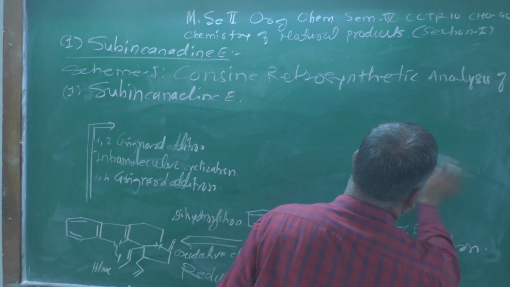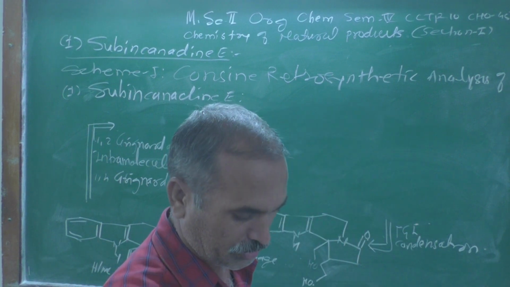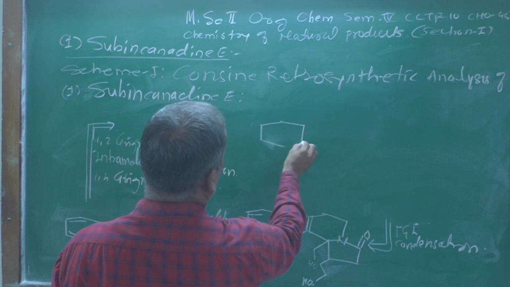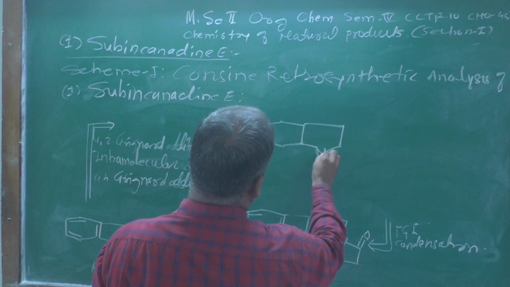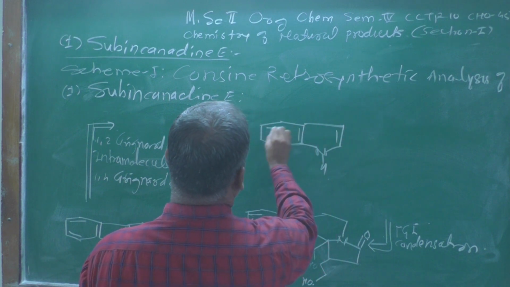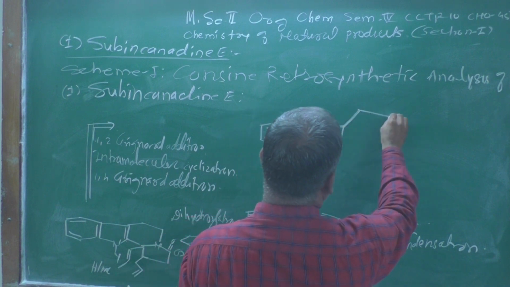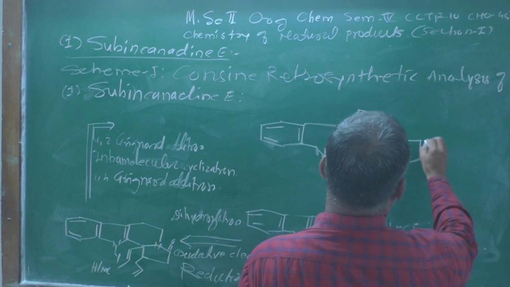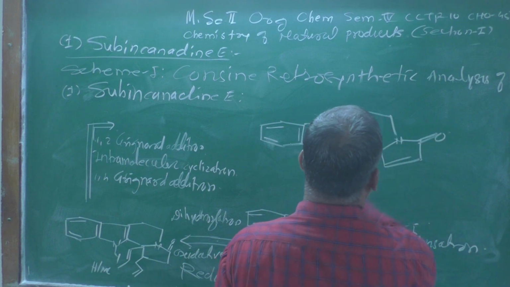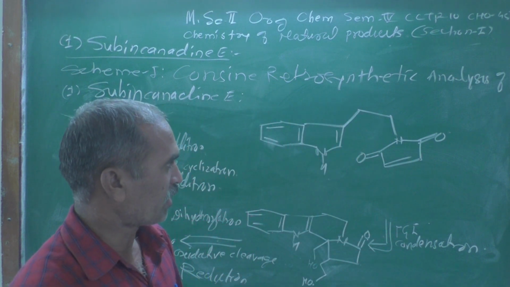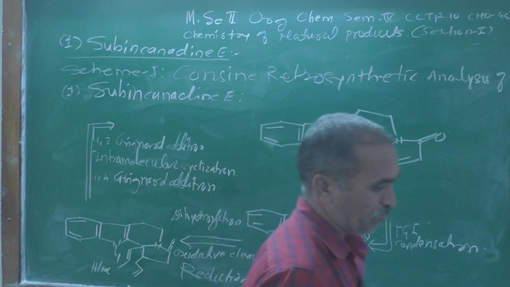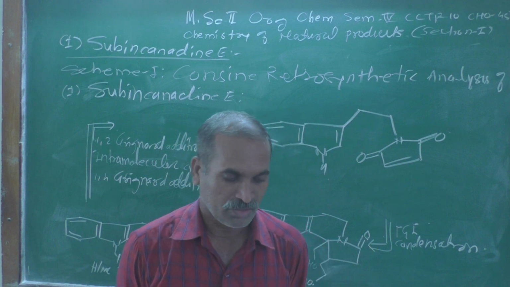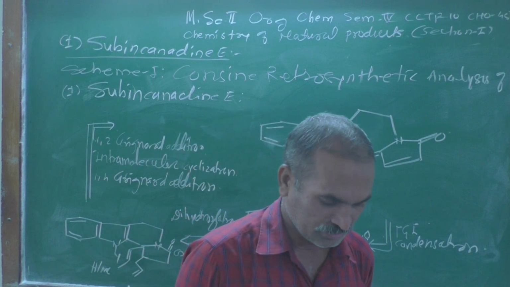And by doing all these things, what are you going to get? You are going to get the precursor or the starting material, which is this one. Let me draw that structure, H double bond. This indole moiety remains as it is. I am representing the nitrogen atom over here, and this is the structure you might have. See, this is the starting material which we got over here, a precursor which is readily available. By using this starting material, we can prepare the synthesis.